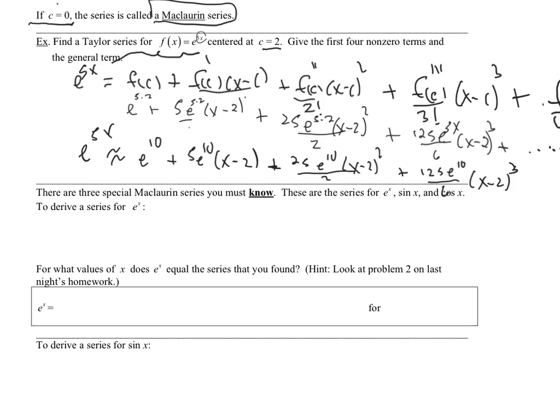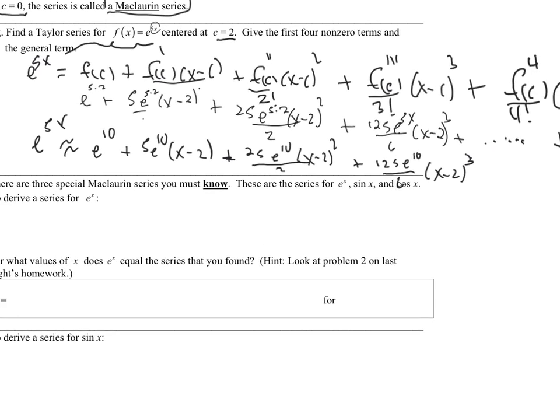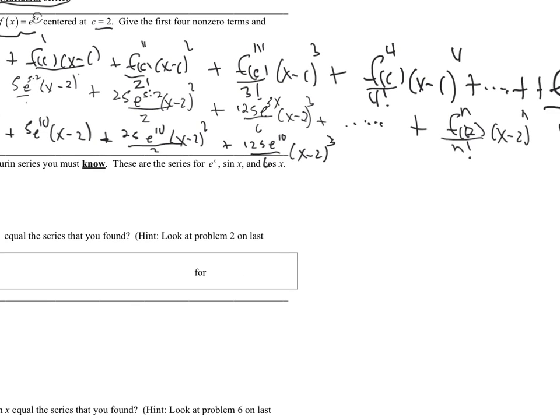It's good enough. First 4 non-zero terms, okay. Oh, and the general term, okay. He wanted me to do this. Hope it's general enough to use just the n. Let's see, what would that be? N, F, five